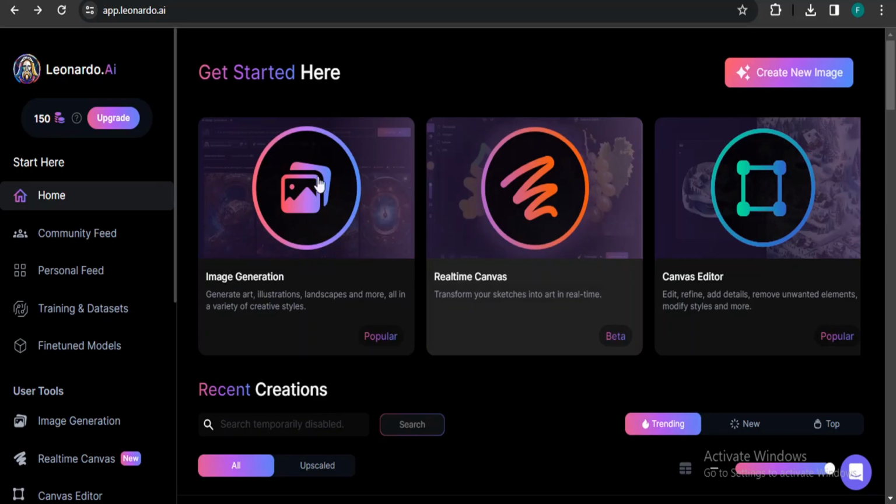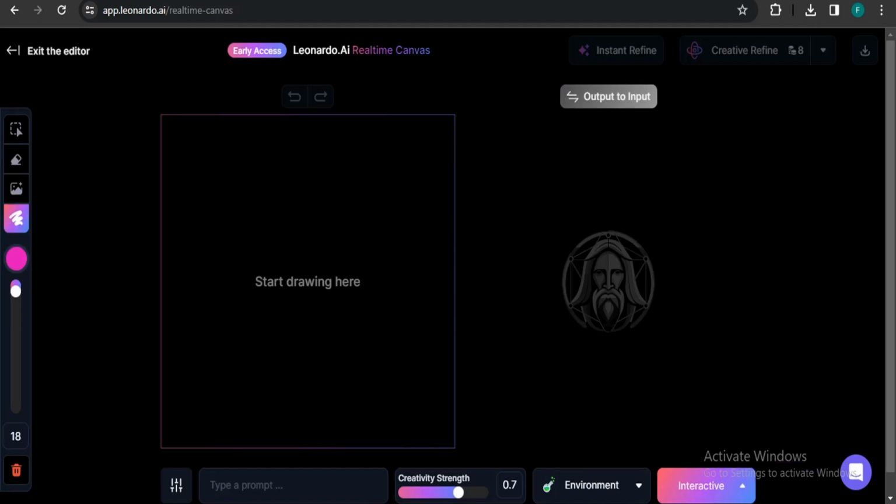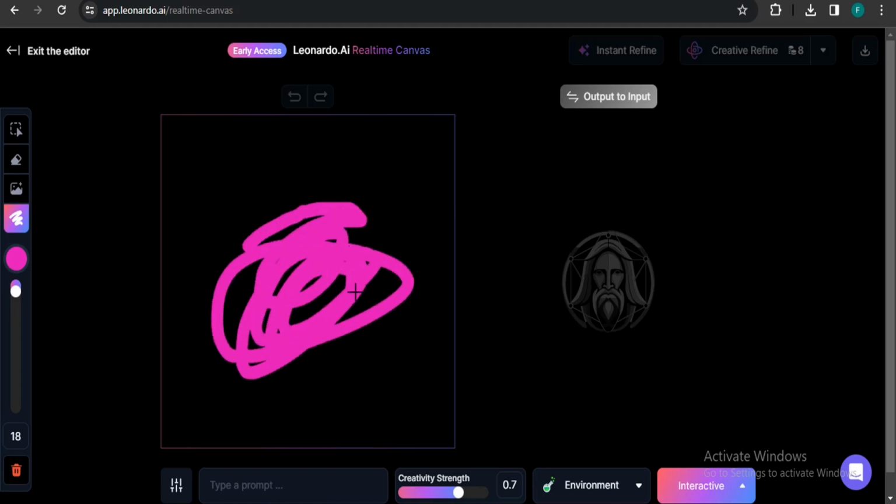So first of all, you just need to come to this Leonardo AI website here. And if you don't have an account, just log in with your Google account. In the home page, as you can see, there's a real-time canvas here, which is beta now. And in the left corner, also there's a real-time canvas. So you just have to click on real-time canvas here and you will have a blank canvas here. This is basically a canvas where you can just draw anything and it will generate an image in the